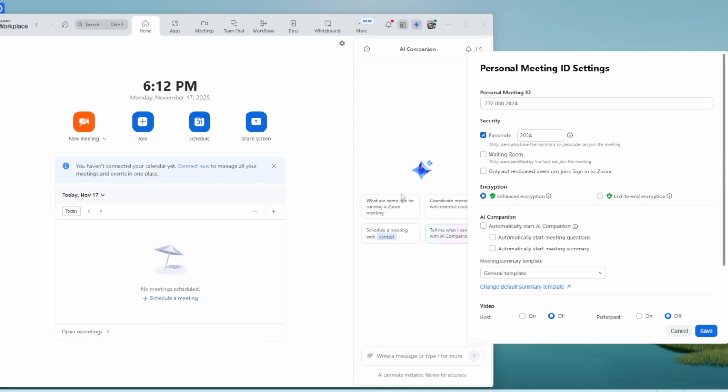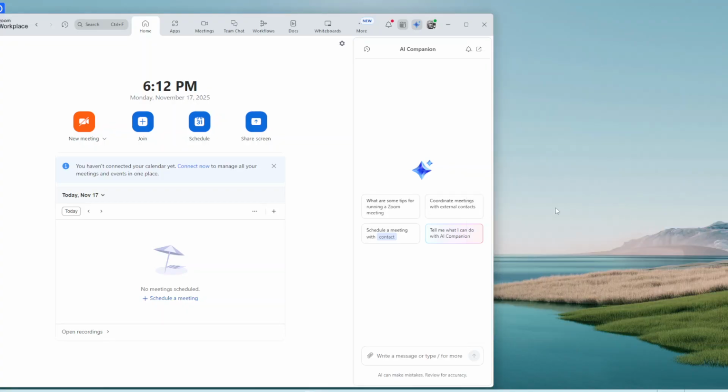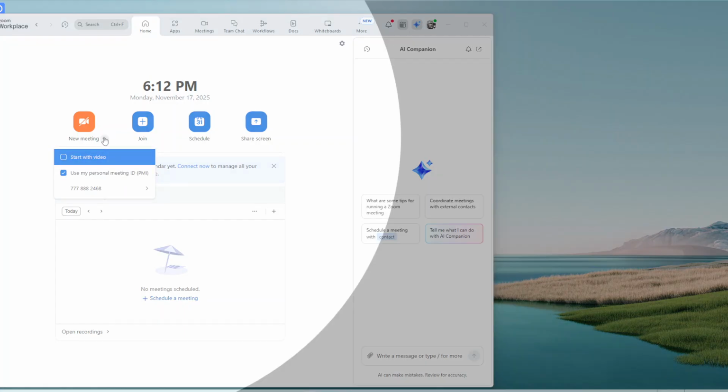Hello. Today's tips will help you get a PMI, personal meeting ID, like a pro. You will get 777-888-2024 like mine, or you have 246 like here. Okay, so everything you can do, you open your Zoom and click on new meeting with